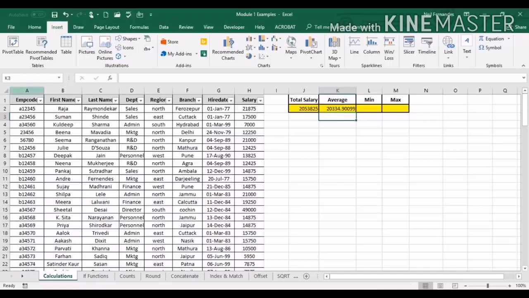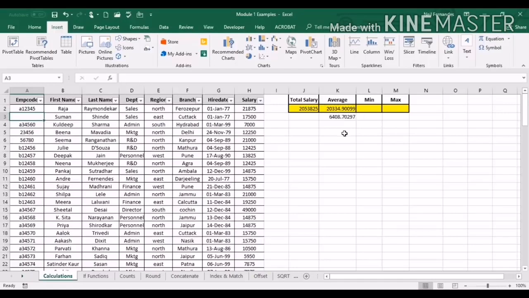However, if I do AVERAGEA with the employee data where I have text as well as numbers, it will add all the numbers, and where I have text, it will take it as TRUE. Each text will be taken as 1, and if there is any blank space, it will take that as 0. For example, from here it will take it as 0. So say I'm doing AVERAGEA in the next column just below the average, open the parenthesis, I select the A to A column, close the bracket and press enter. It will give me 6,345.87 as my average.